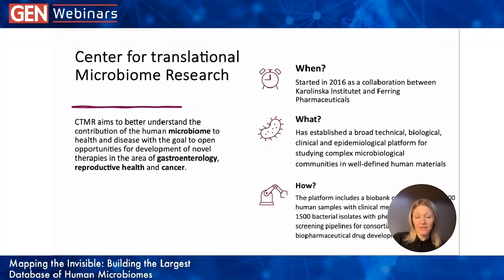I'm going to start with explaining to you a bit about what the Center of Translational Microbiome Research does. We focus mainly on better understanding how the human microbiome is involved in different health and disease states, with the goal to open up opportunities for the development of novel therapies in the area of gastroenterology, reproductive health, and cancer. We were founded in 2016 as a collaboration between Ferring Pharmaceuticals and Karolinska Institute,